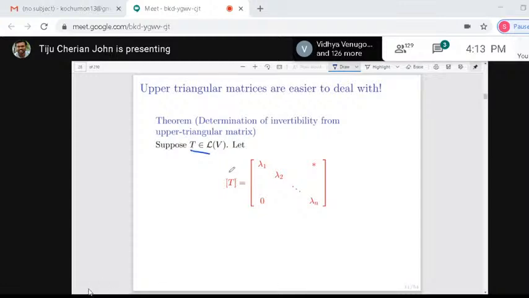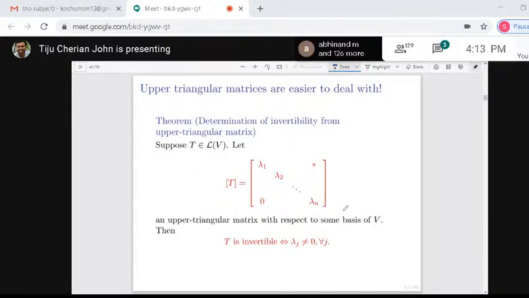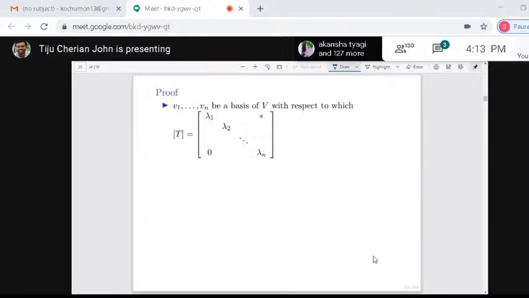You can determine whether it is invertible or not just by looking at the upper triangular matrix. How do you see? You just look at the diagonal entries. So T is invertible if and only if each lambda j, the diagonal entries in the upper triangular matrix, is non-zero. So how do you prove this? These are basic things. I will maybe give a quick proof. So let v1, v2, up to vn be the basis in which T is upper triangular,